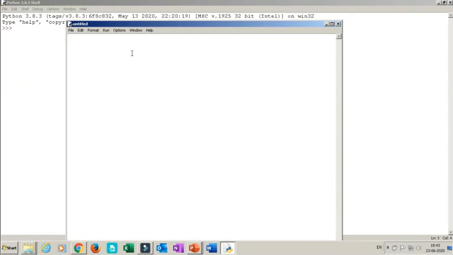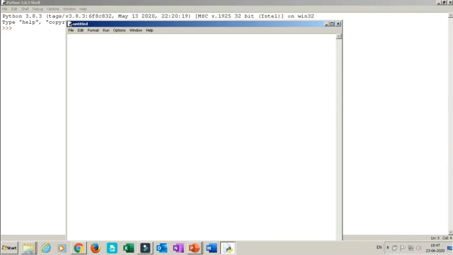In the script mode, we can write all the commands together and execute it as a single file. Here we can save the files, and Python executes this script file as one module. Script mode has certain advantages over interactive mode. The first advantage is, in interactive mode we do not save the commands entered by the user in the form of a program, whereas in script mode we can save all the commands entered by the user in the form of a program.